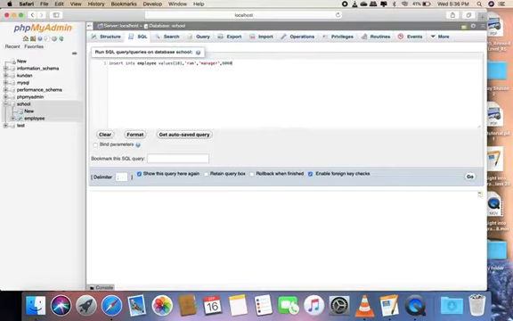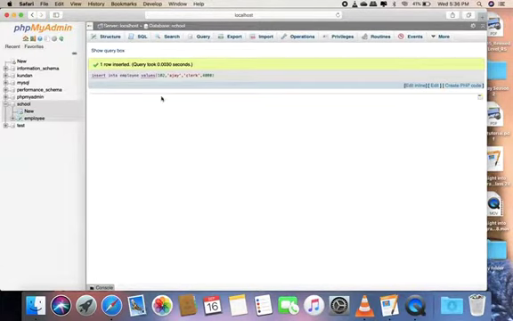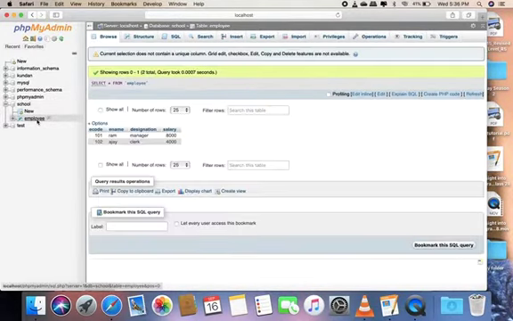Once again we can insert another row. So insert into values. I write 102. Name is Ajay, and its designation is clerk, and salary is 4,000. Then go, and again one row is inserted. Whenever we click here on the table name, its records will be displayed: 101 Ram manager, and 102 Ajay clerk, and salary is 4,000.